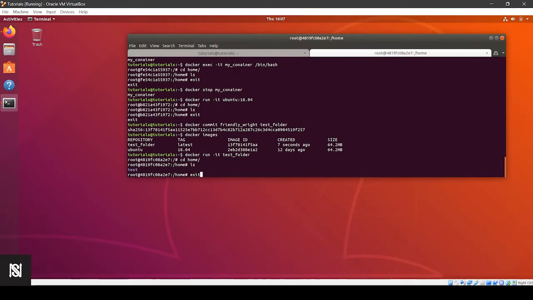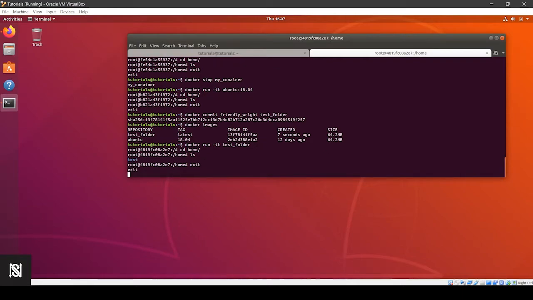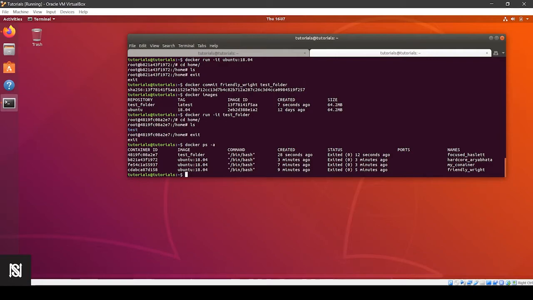So we have successfully made some changes in our containers, made it into an image, and now we have it ready. So whenever we make new containers out of test underscore folder, it will have the changes that we want. So that's a very important thing to learn. So if I do docker ps minus a, because if you remove these containers, then the changes will be gone.